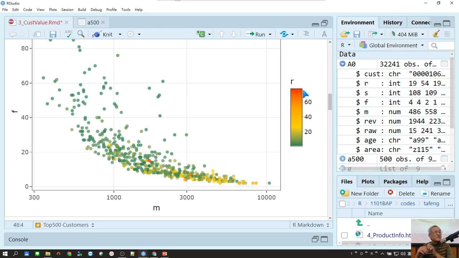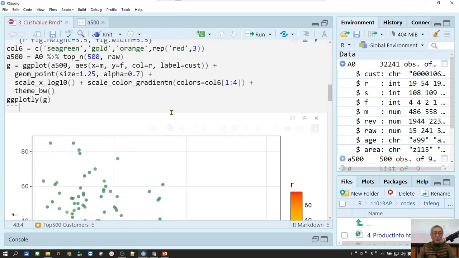R is the recency. So if the customer does not come to us for a long time, it will turn red. Okay? So if I want to do things like that, and I want to apply a filter,